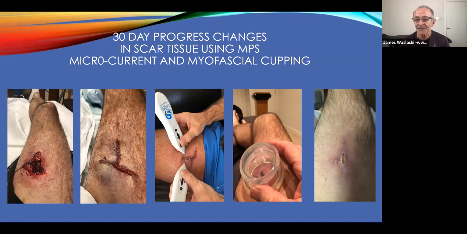I took a picture after they stitched it up. The third image, where I'm using microcurrent, is literally 1 week post-injury, and look at the difference in the inflammation and the scar matrix. Between lymphatic drainage, which was getting fluid out of the area, and fresh blood in, the emergency room doctor, when she took my stitches out, said, I've never seen a scar heal